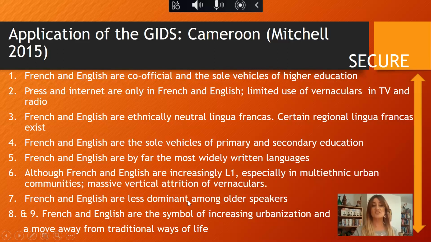French and English are less dominant among older speakers, okay? So we're getting down to the at-risk point here. So far, the only really secure languages in the first 6 points are French and English. They're less dominant among older speakers. However, French and English are